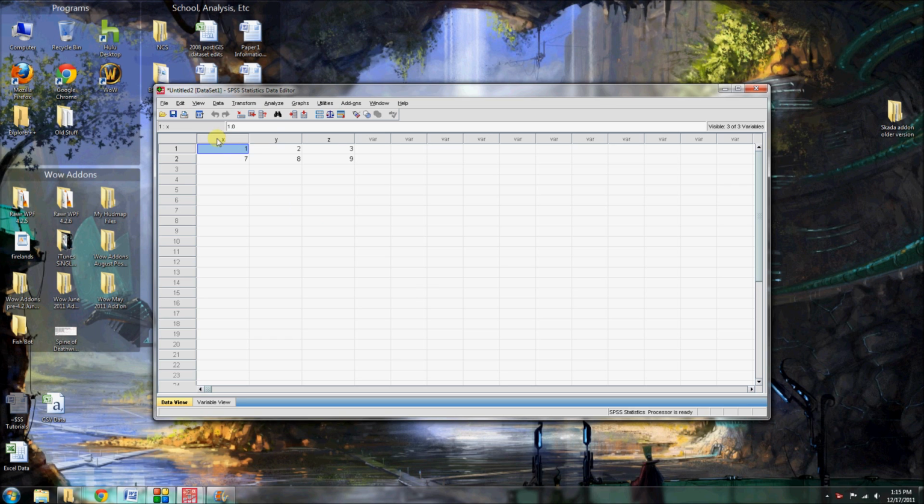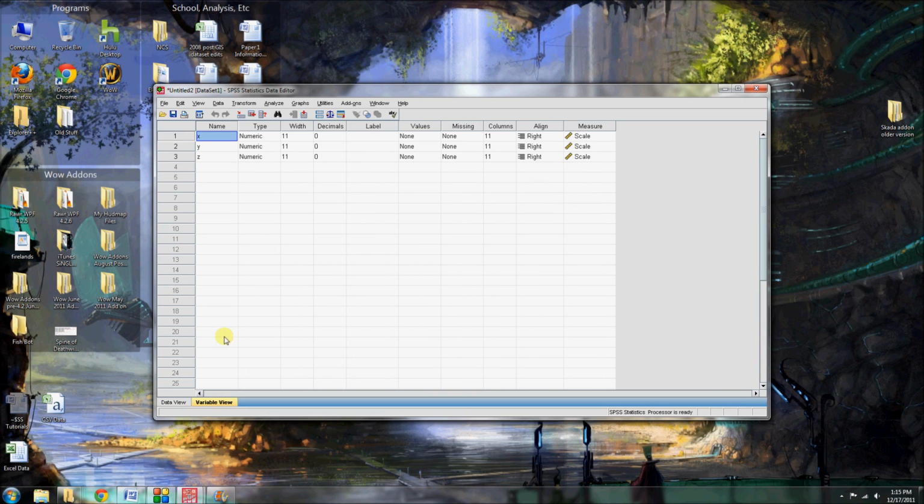And you can see here I have the X, Y, and Z variables with the 2 observations, with 1, 2, 3 on the first and 7, 8, 9 on the second. So it's very nice and simple for you. And you can see also it does the variable coding for you with the types numeric. Now if you had some character variables in there, some string variables, you could of course change them, and I think SPSS should automatically detect that, but in case it doesn't, you can just go here into the variable view